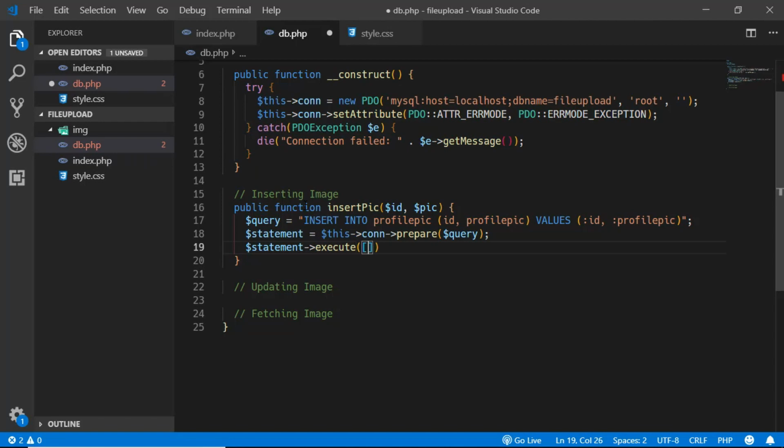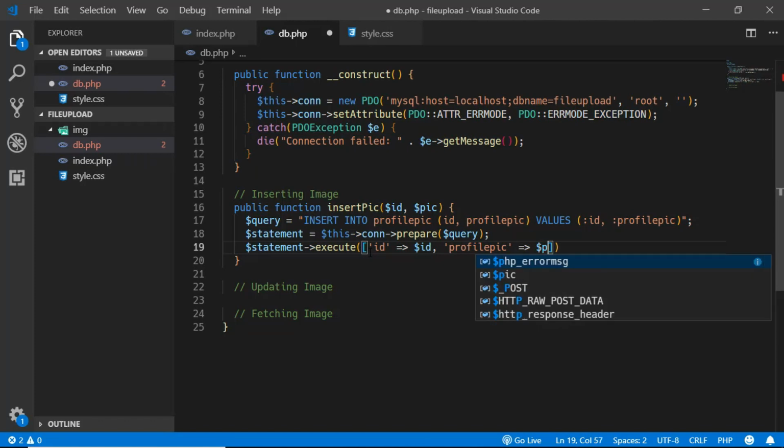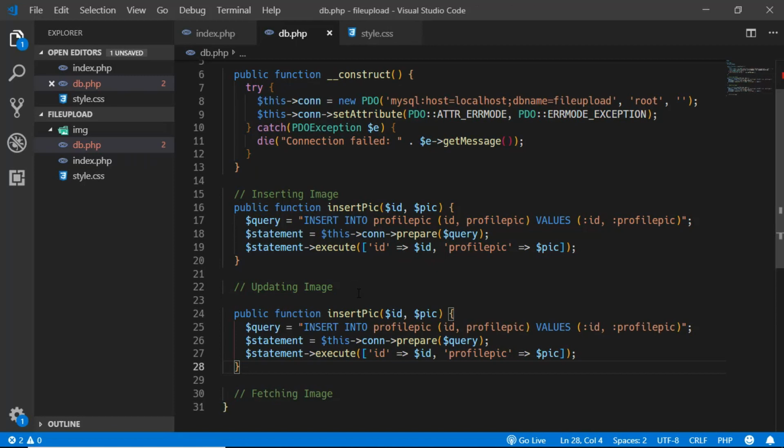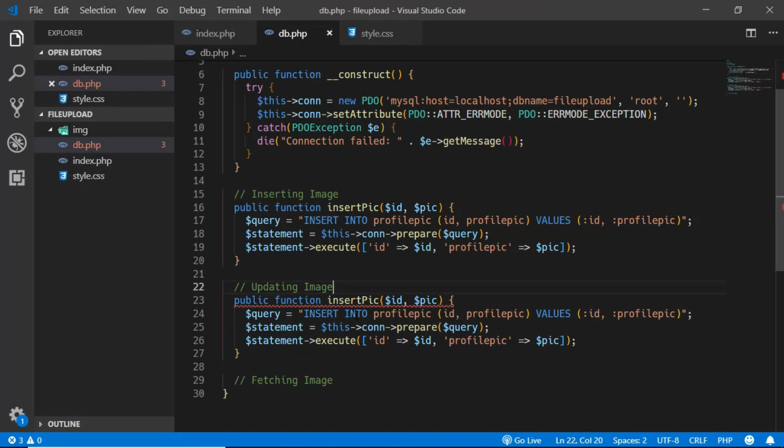and here we have to pass the values for these named parameters, and the values are these two variables that we get as parameters, and we also have to include that inside an array. So here we will type id, and it will equal the id, and profile_pic, and it will equal the pic over here. Alright, so that's it with the insert method. Now let's just copy this from here, and